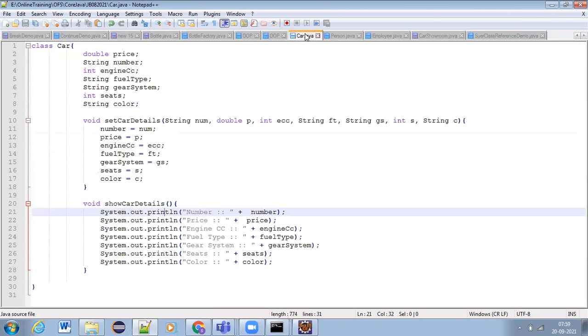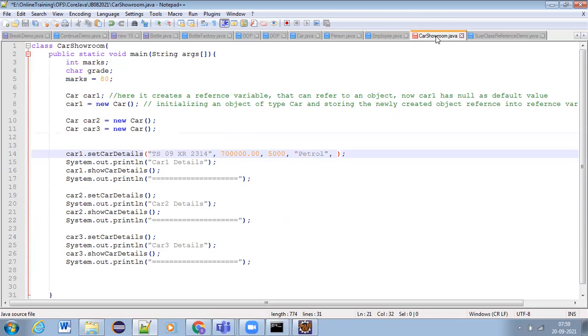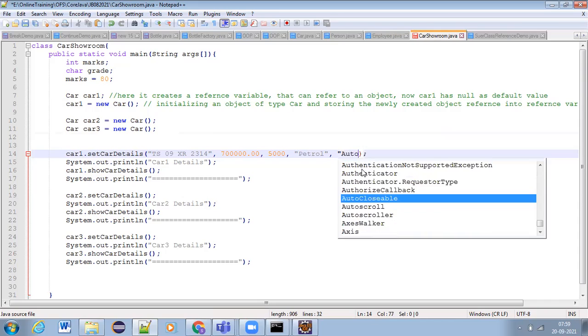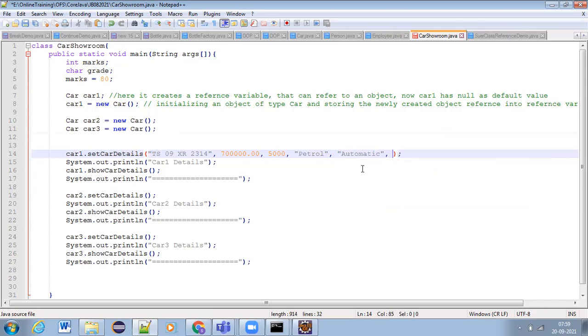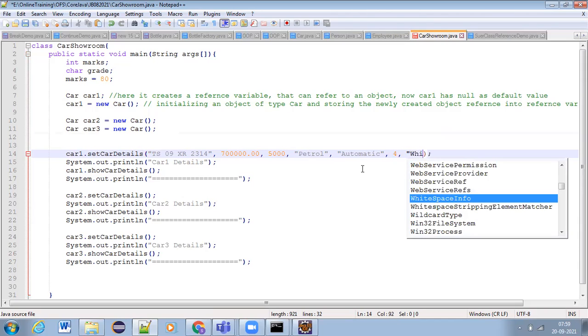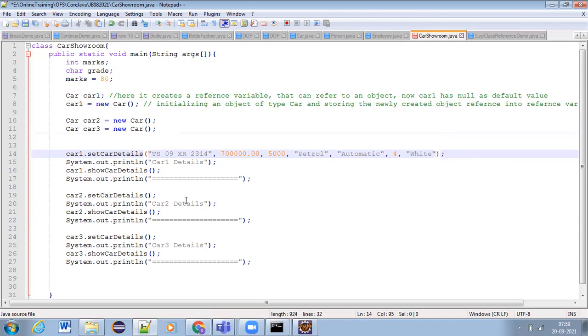Next, gear system, seats and color. Gear system automatic, seats 4, color white, right?